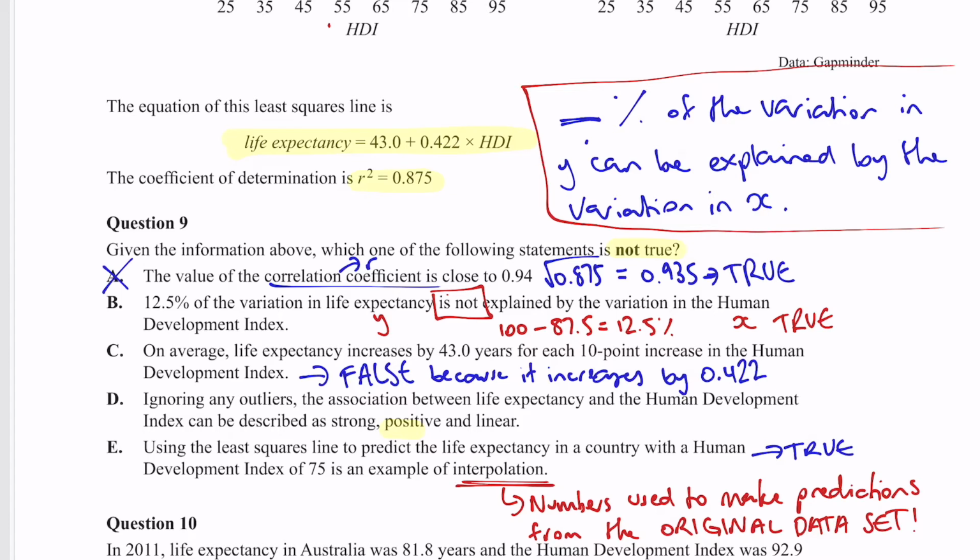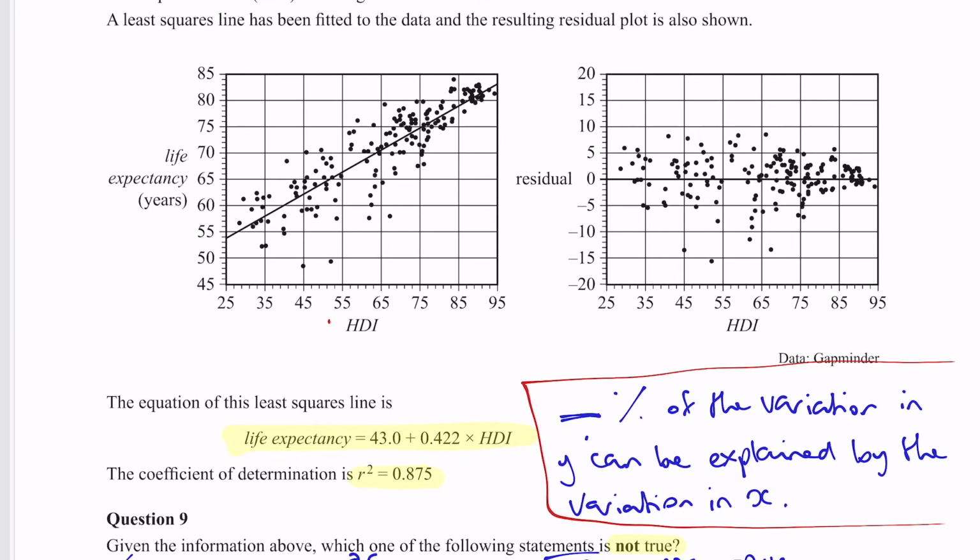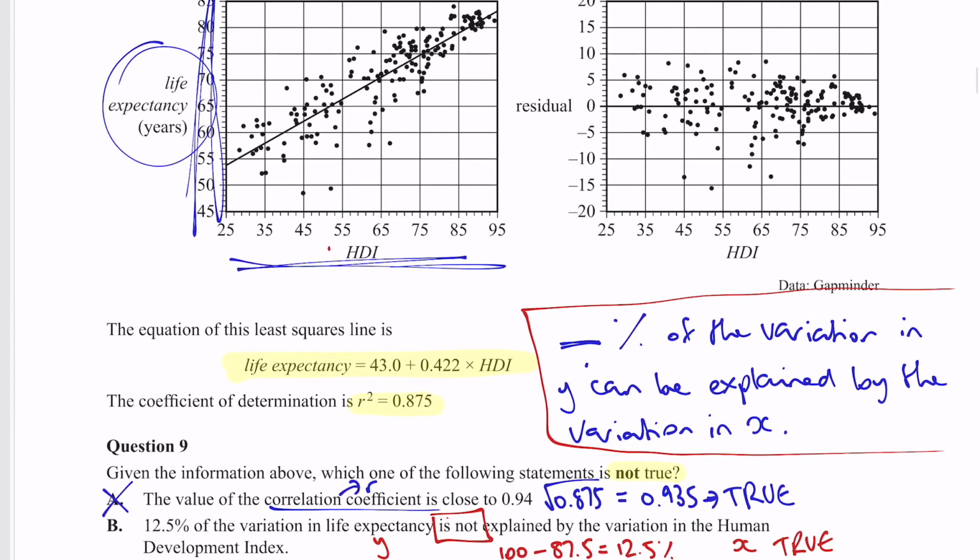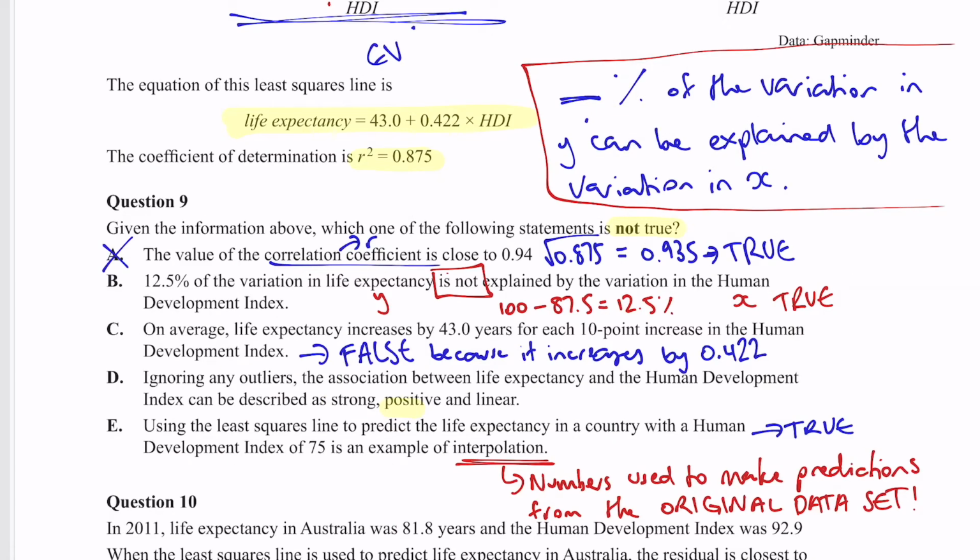So we know that y is the life expectancy because this is the response variable. Anything against this line here is y, and this is x. So you should be familiar with that. This is called the explanatory variable, EV, and this is the response variable. To fill in the percentage for this sentence, we use R squared. So we usually put R squared here, but we multiply it by 100 to make it a percentage, which means in this case it's